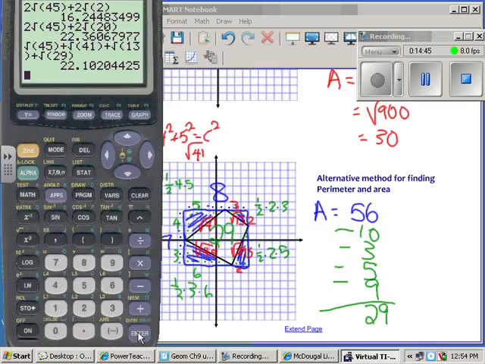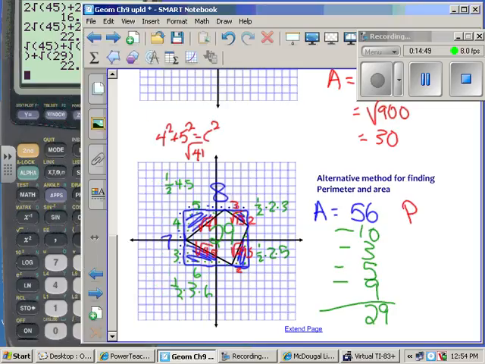That gives me 22.1. So my perimeter is 22.1. All right, so those are the, oops,